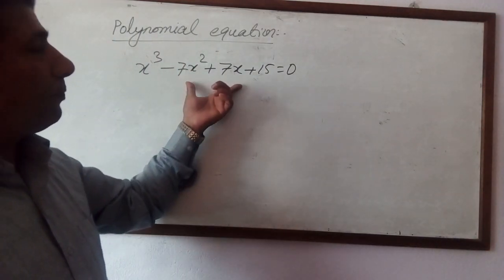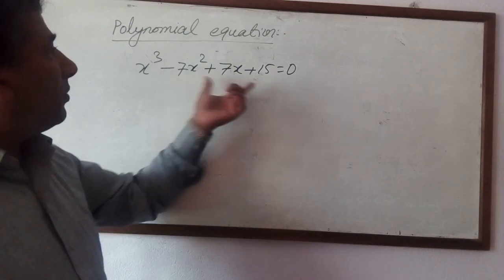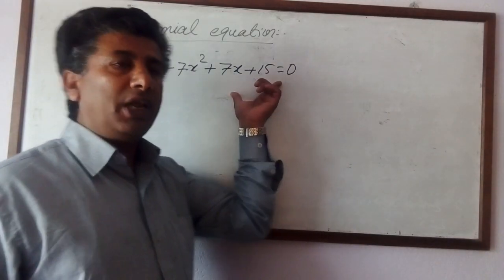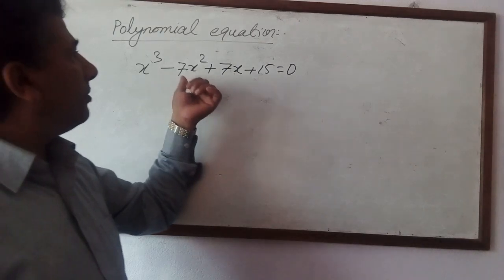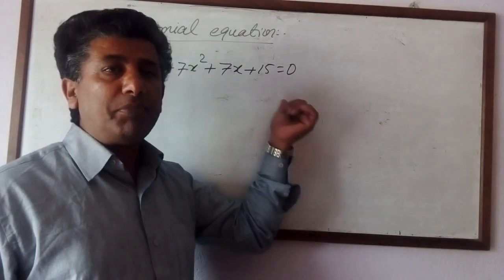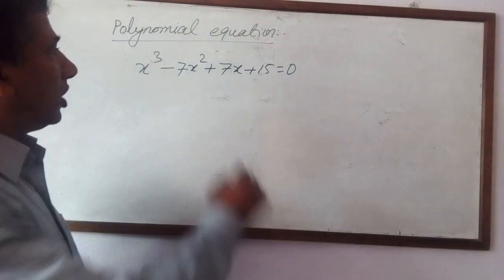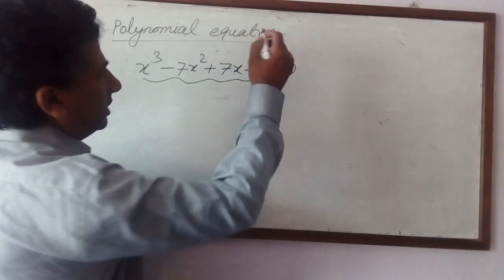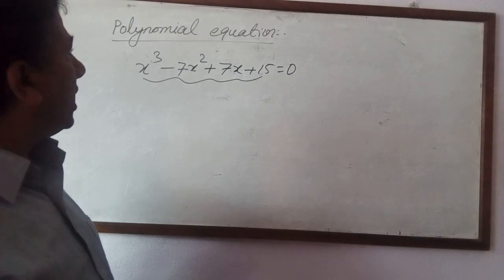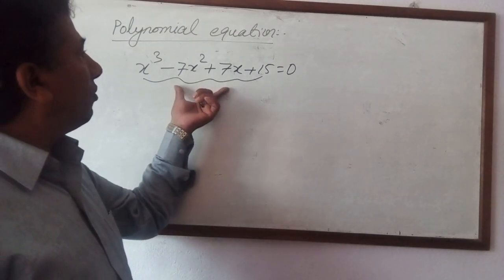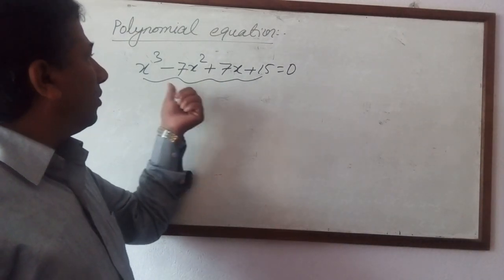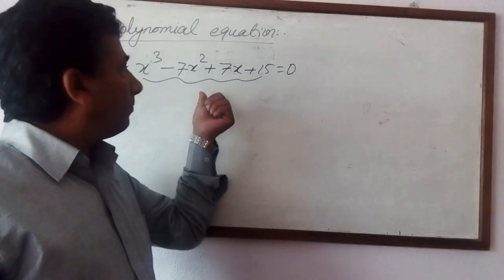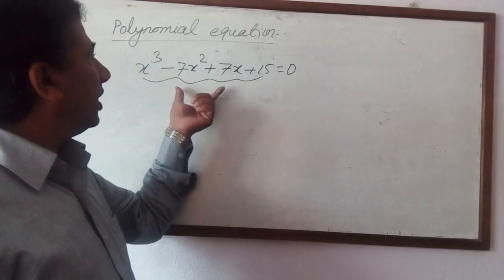First of all, I have taken a polynomial equation here: x cube minus 7x square plus 7x plus 15 equals 0. To solve this equation, we have to find the factors of the left-hand side. You can use a formula also to find factors, but in this case,